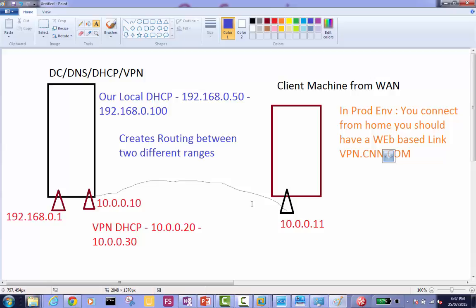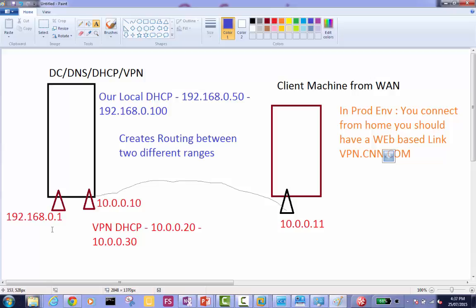So the permissions are defined later, once the user is authenticated and authorized after the user has made the connection. We will be using our local administrator account here, and we're going to be authenticating ourselves with the administrator account. Main thing here is you are in a different range and you are able to access the resources of 192.168.0.1 through the successful implementation of the VPN connection.